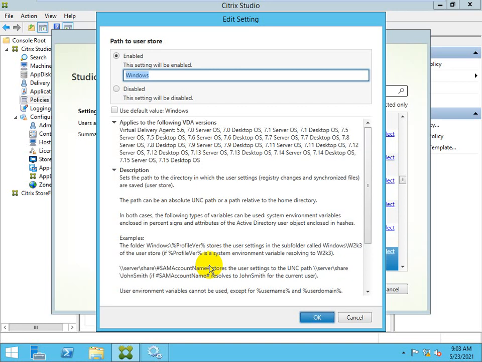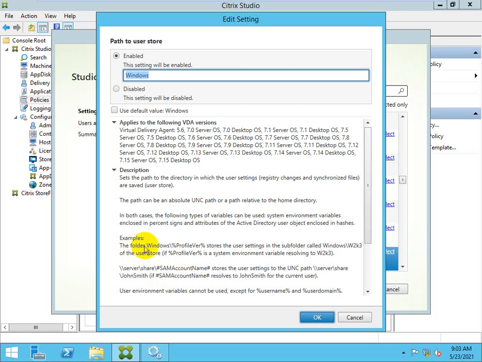Suppose Santosh is logging into the environment, or any of the servers. So I need to put this here. So it's a SAM account. Once Santosh logs in, his profile will be created under the server share, Santosh. It's created with the Santosh folder.